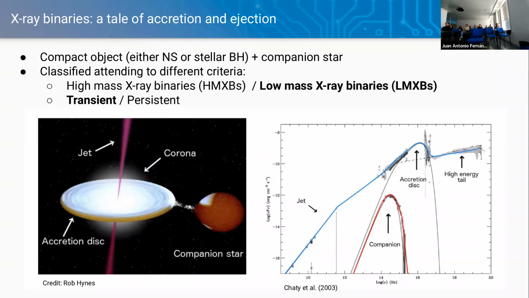But that doesn't mean that they are not emitting all over the electromagnetic spectrum. So this is an example of an SED from one of these systems, and actually these are two examples of the same system but observed at different states, because some of the low mass X-ray binaries behave as transients. So they spend most part of their lives in a faint quiescent state, where you basically only see the companion star, so it will be the red line here,